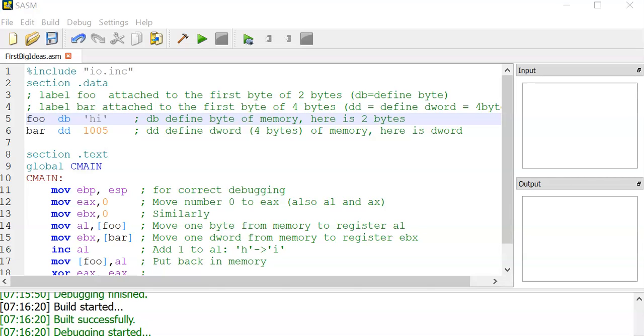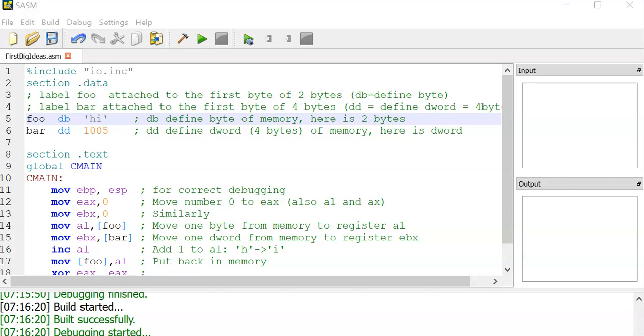This video will cover the idea of instructions and instruction execution. The previous two videos covered data and registers, data being kept in memory. And the PDF accompanying this video has a slightly different program, slightly smaller than what we're going to show here. And I think I can show everything just from inside of the SASM